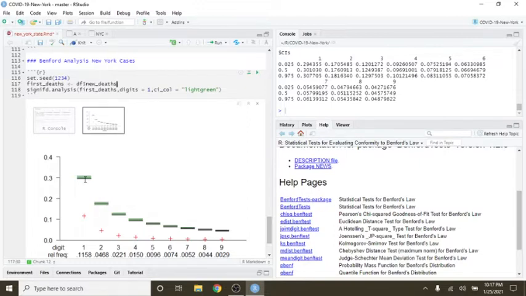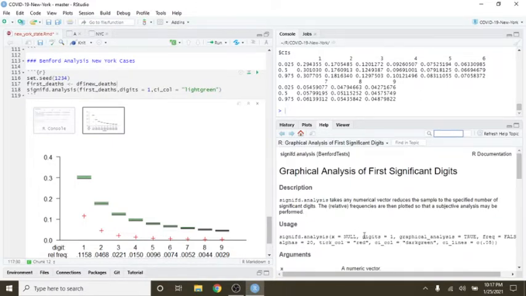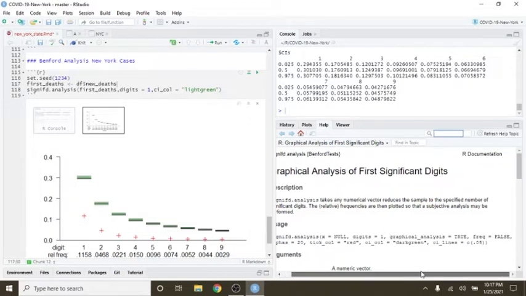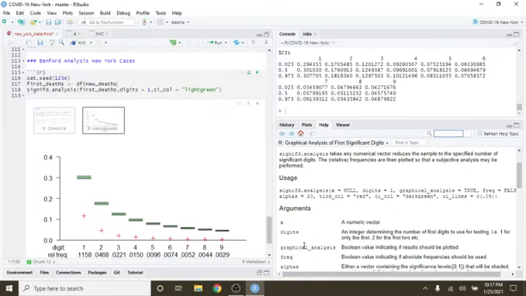All right. The question is, what else can we modify here? Digits, graphics, analysis, true. Alpha should be,